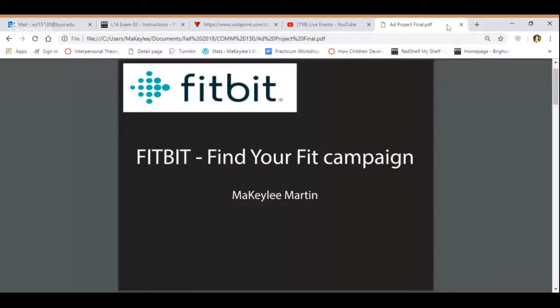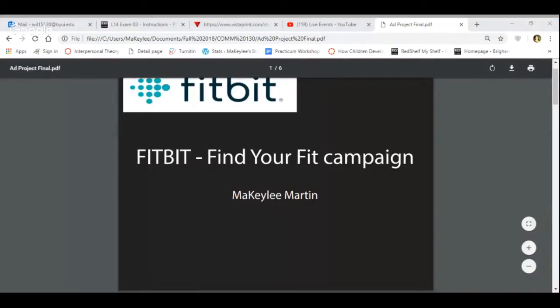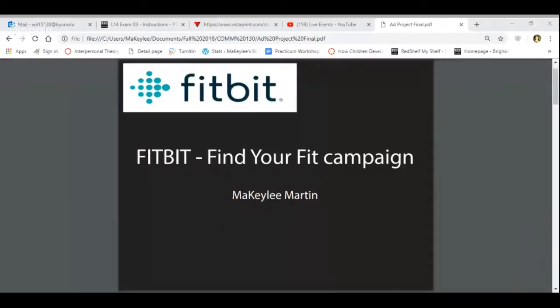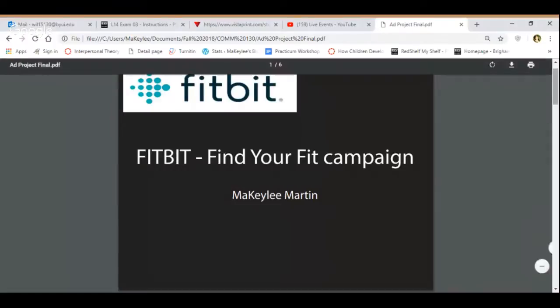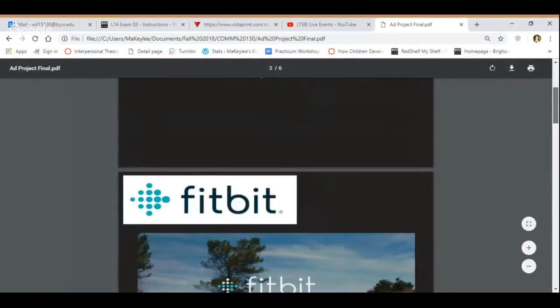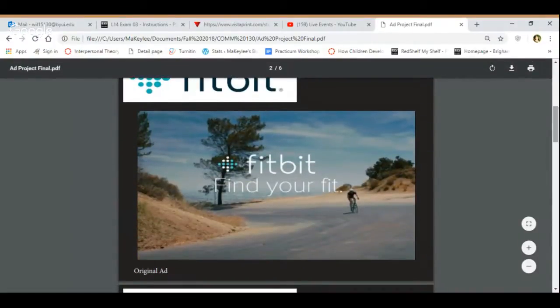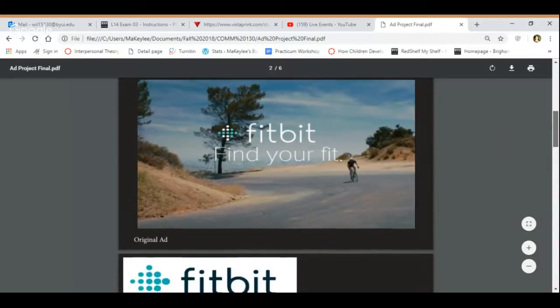So you can see the campaign that I chose to do a new ad for is the Fitbit Find Your Fit campaign. The original ad that I found looked like this. As you can see right here, there's a man riding a bike up a hill, really pretty sky. In the middle of the page, you see the Fitbit logo, the word Fitbit, then it says Find Your Fit. So, doing my ad off of that,